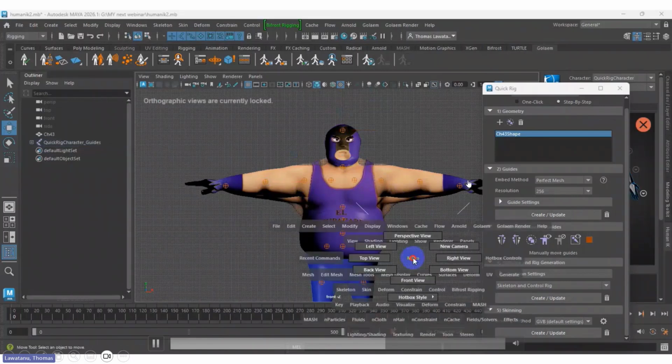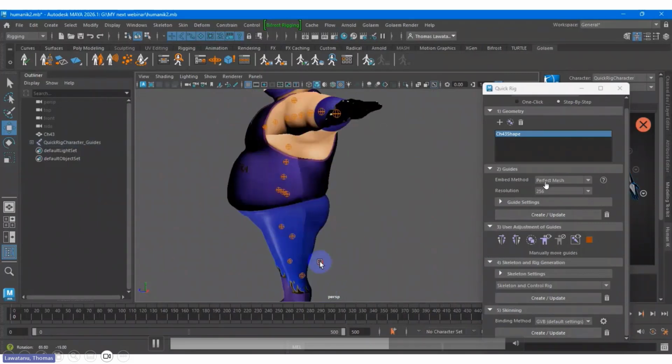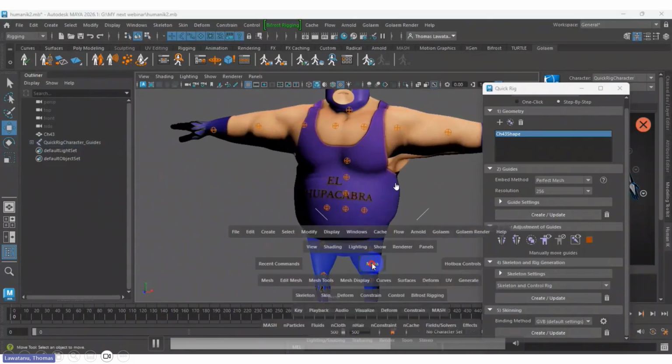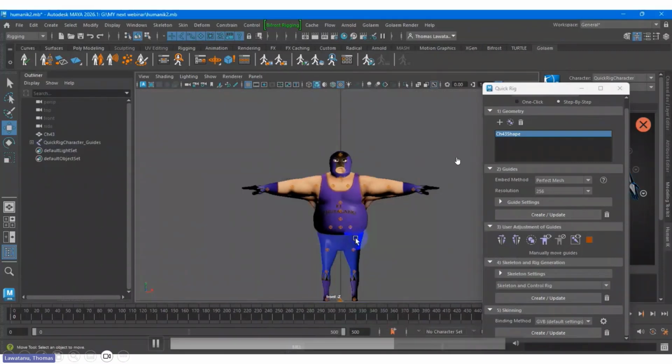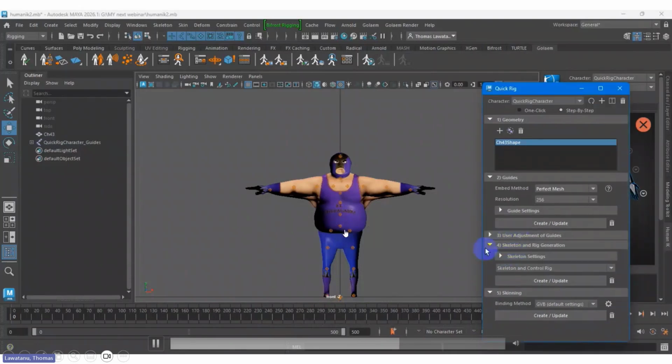Let's say after we create the rig or characterize, what happens? Is it possible to go back? Yes, no problem, but you need to put in the effort again. What I'm trying to do is reposition. Sometimes we need to reposition and repeat the process again if we want to change something.